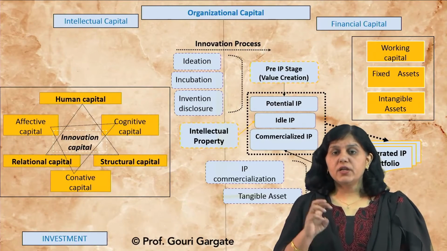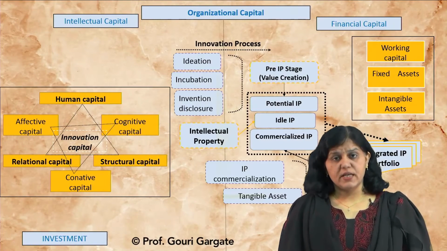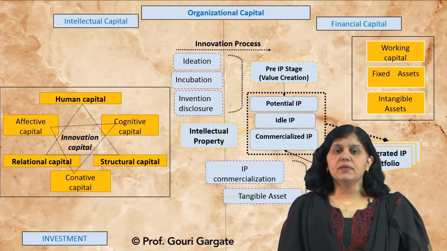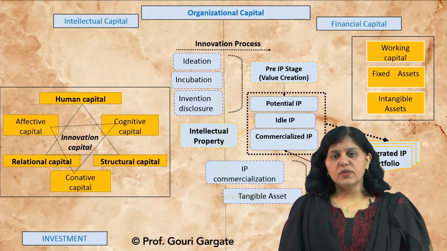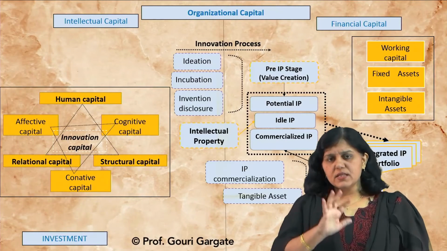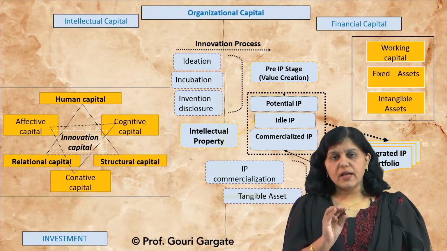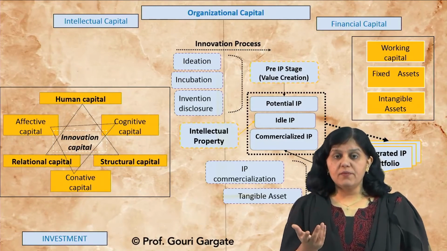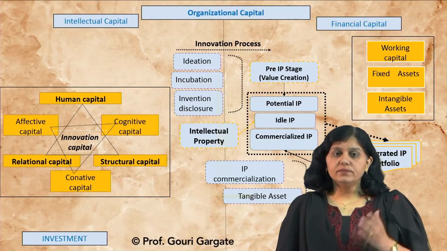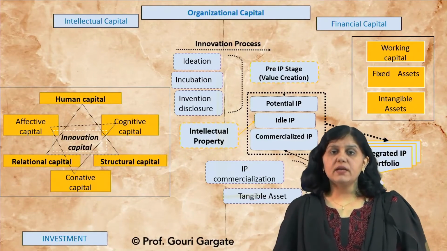If you are a mechanical engineer, you are creating some machine, then definitely there is a possibility of an industrial design. So that two or more forms of IP, if you consider and you are building up the portfolio, then you can say that it is an integrated IP portfolio. That term is very fit for the organization. It may not be fit for a small research project, but you should think of different types of IPs along with a patent. Okay. So this is the innovation process, that at the same time you are running the IP management.